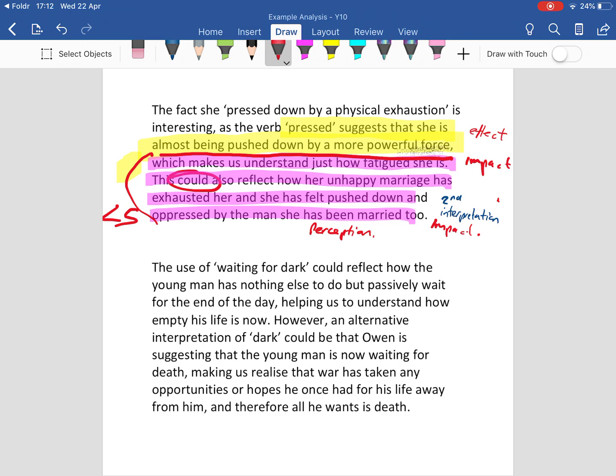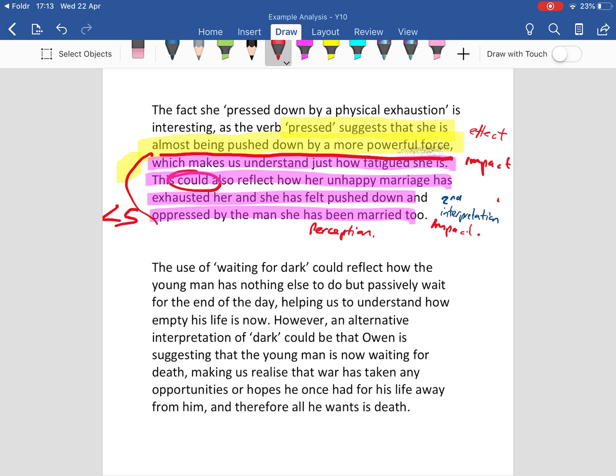Now, this is another example. This is for the poem Disabled. So I've tried to give you a bit of a range. Hopefully I've given you an example of at least one text that you've studied, although you can't copy this into your own work, but you can use similar quotations and give your own viewpoints on what they are. Again, I've got another topic sentence about how the soldier is presented, and then I've zoomed in on this phrase from the first stanza, waiting for dark.